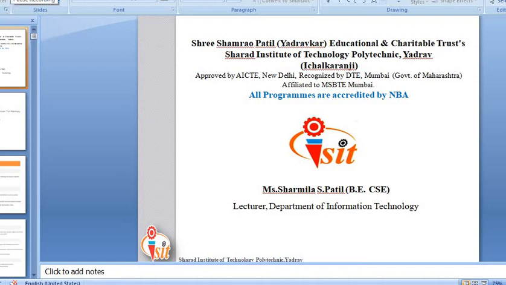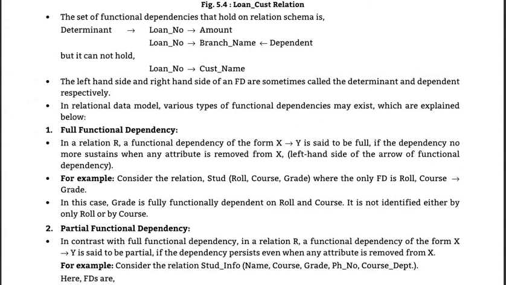Welcome back to the online session in which we are going to study the fifth unit of Principles of Database, that is normalization. In the last session we started types of functional dependencies. Firstly, we studied functional dependency, how it works and how it is represented, and after that we started types of functional dependencies. We just had a short look at the definition in the last session, but in today's session we will study it in detail.